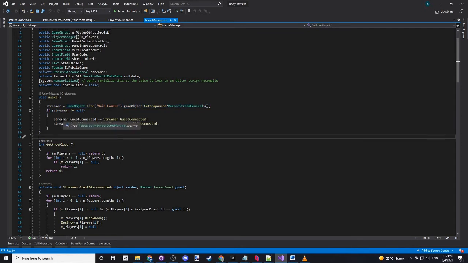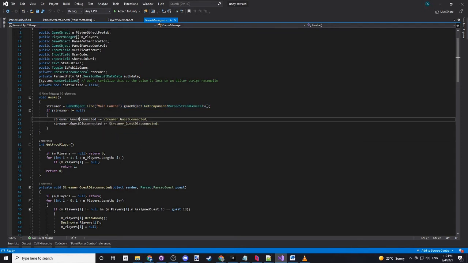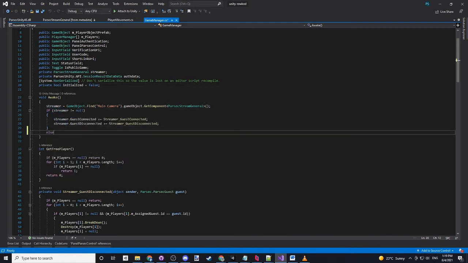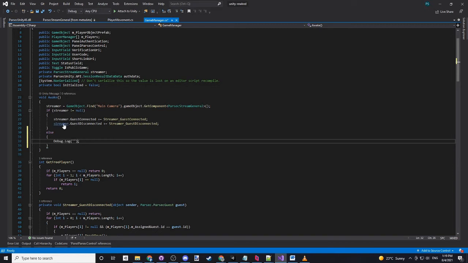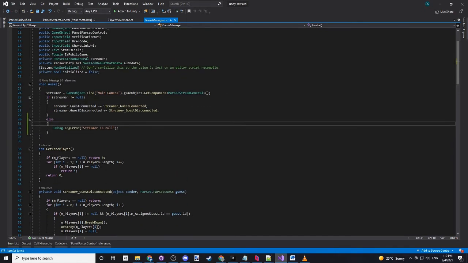And during the awake, during the initialization, we are going to add the guest connected. Now, I don't like checks like this. You would always want something more like this. You should never have something that checks if, but if it's required, if the rest of the program is going to crash, you always want to output that it's broken. So anyways,